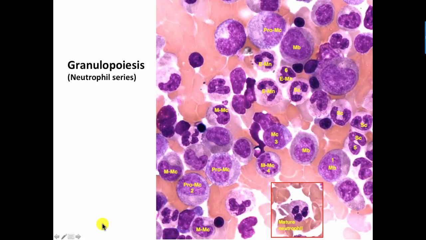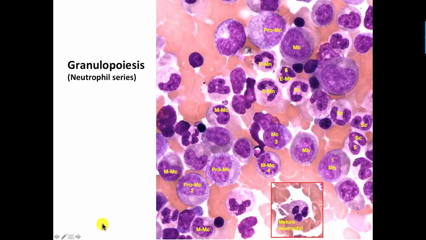It is important for you to realize that a single pluripotent, or multipotent is another word for it, stem cell gives rise to all of the cell types that you can see in bone marrow. How does this happen? Well, as I said in the notes, it is due to the effect of paracrine and